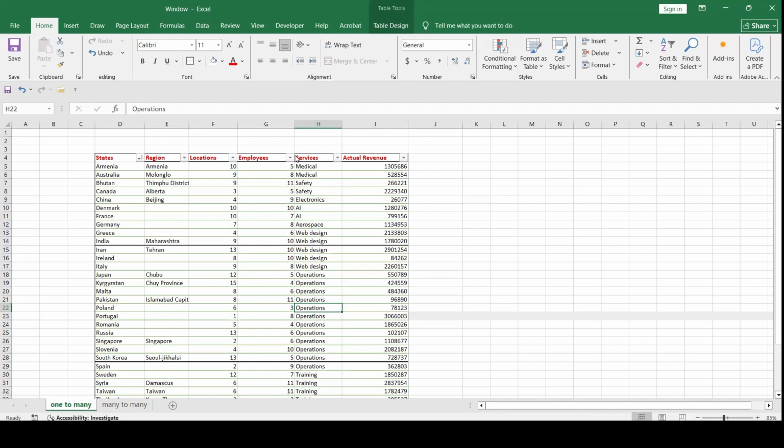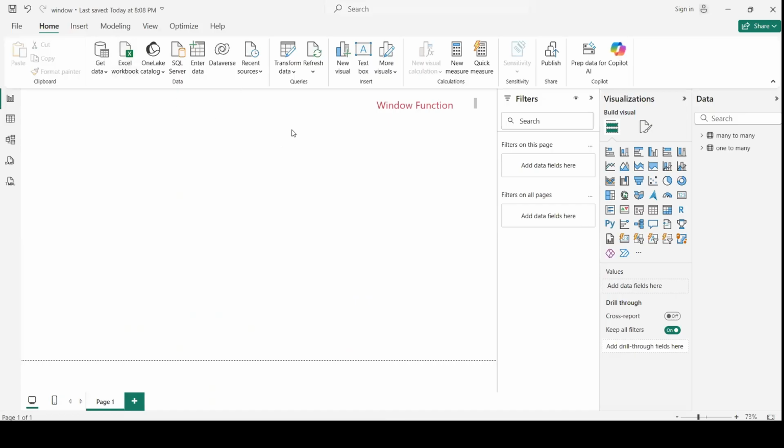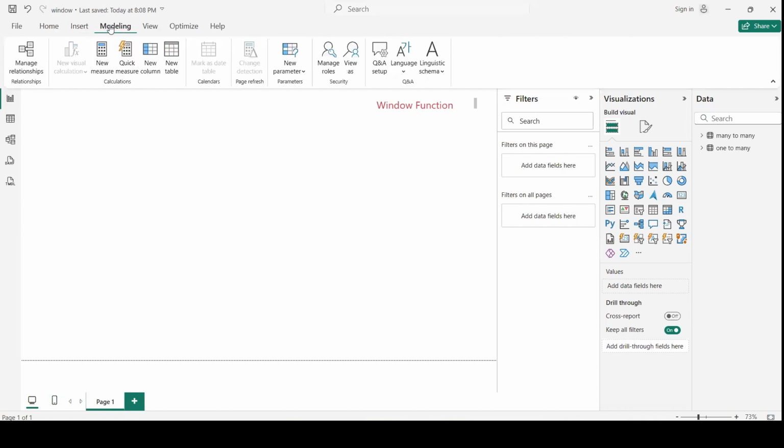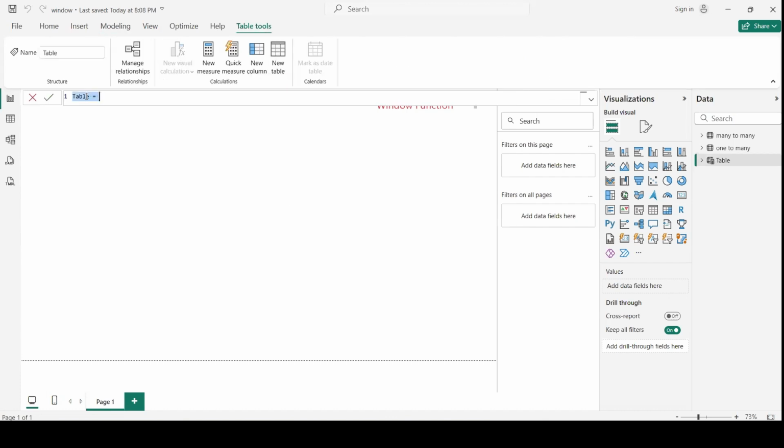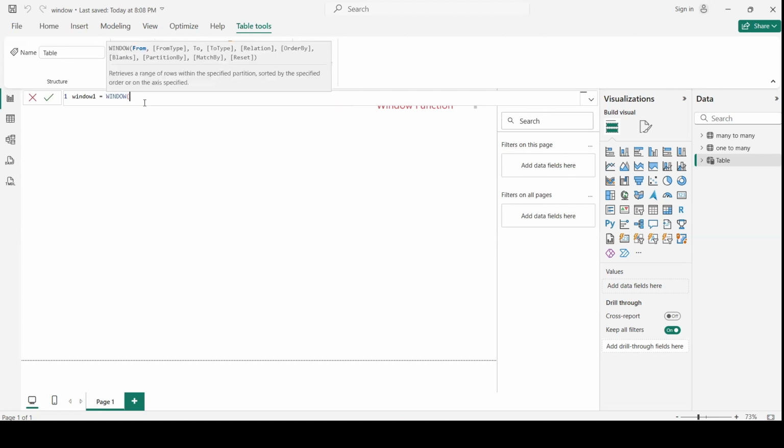First we'll create a new table. We go to modeling, new table, and we will name our table window 1 for scenario 1. And we say window, and we need to indicate the first position.